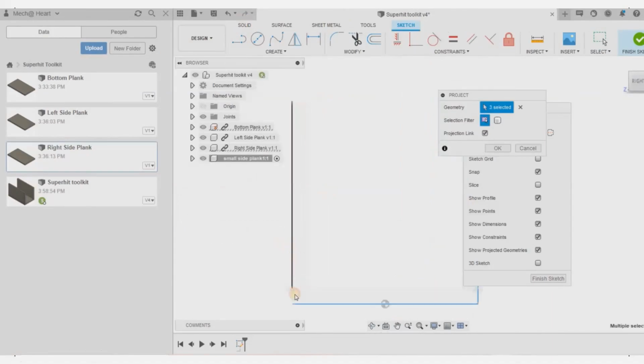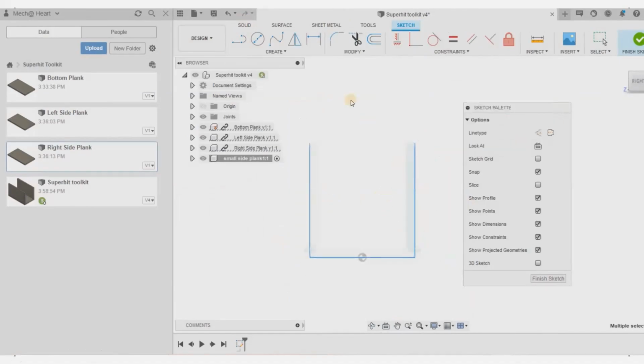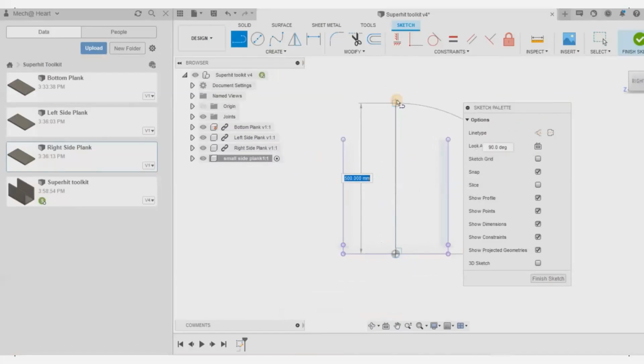So if you've seen previously, I had made sketches independently. With respect to the origin, you can say I have given the dimensions, but here I'm only going to use the existing panels, and with their sketches, I'm going to create this component. So I have drawn a construction line,